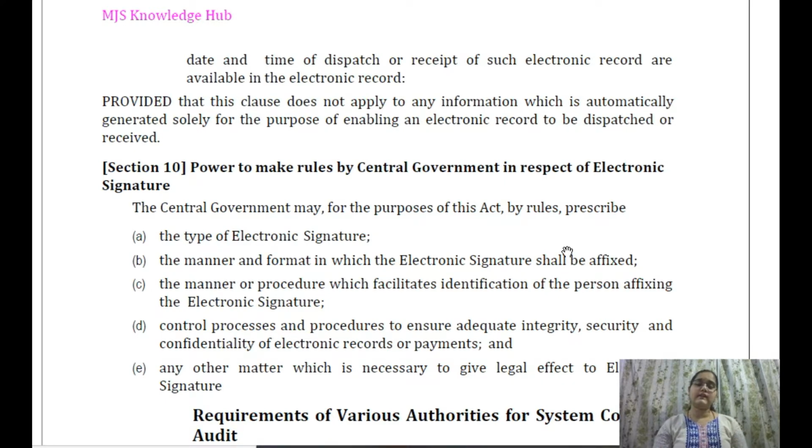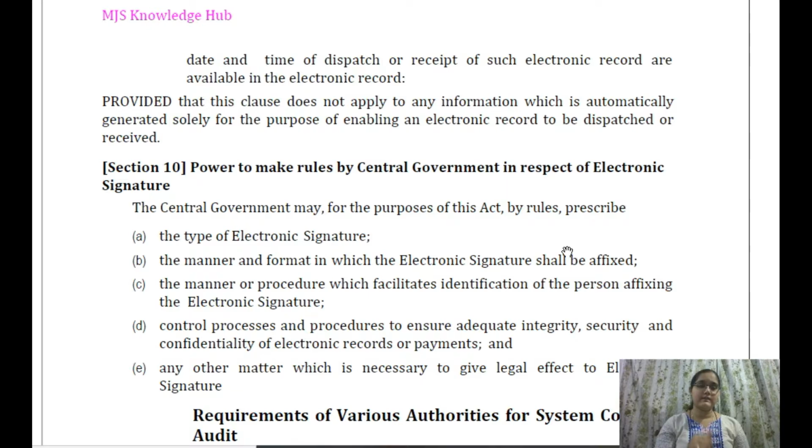Now let us see what is the power of central government in respect of electronic signature. So we are authenticating the document using electronic signature. So what is the power of central government in terms of electronic signature? Section 10 says about the powers to make rules by central government in respect of electronic signature. What are the powers? The central government, for this purpose, can make the rules,